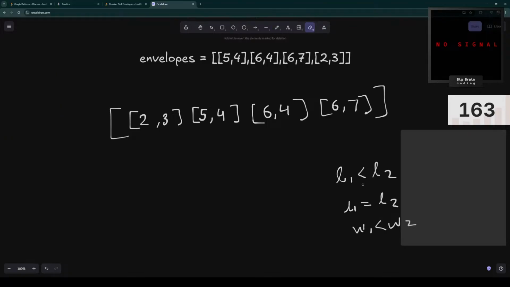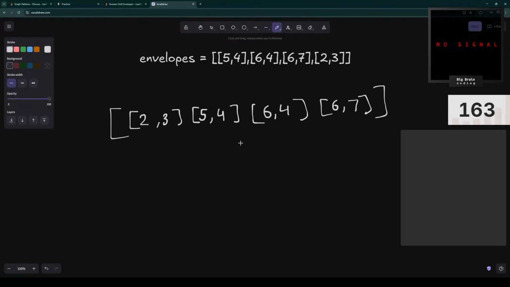I think this sorting order gives me more accurate thing to work on. Now I know for sure that lengths are in increasing order. Now I only need to check widths here. So I just need to check a sequence of widths where it is strictly increasing. The longest